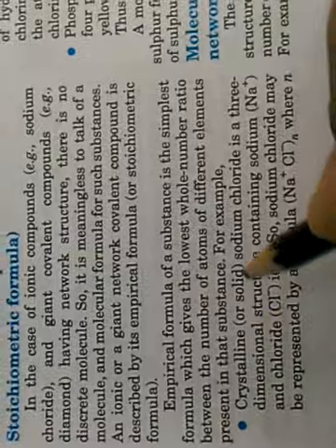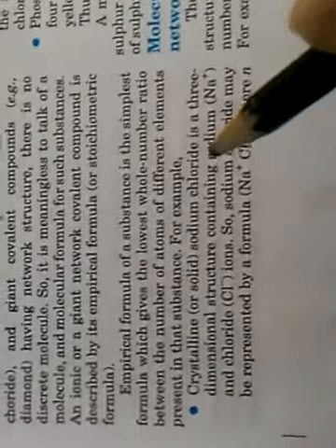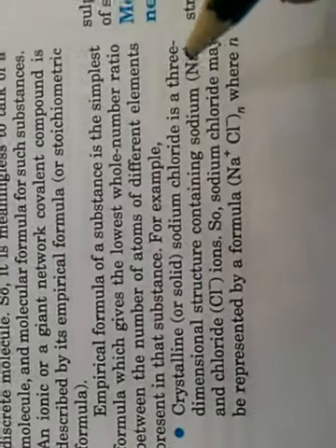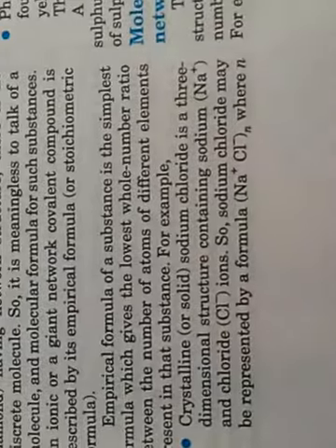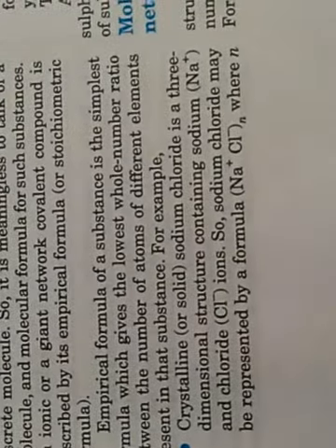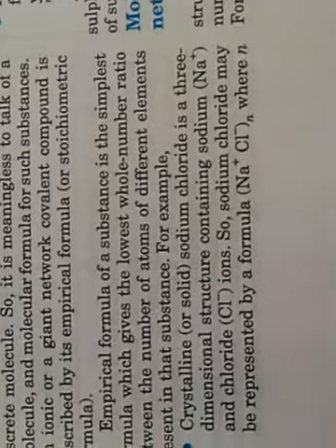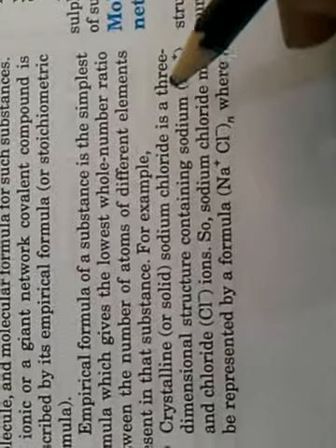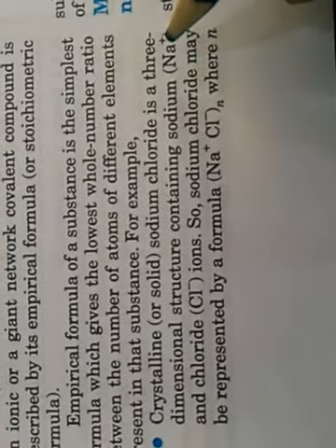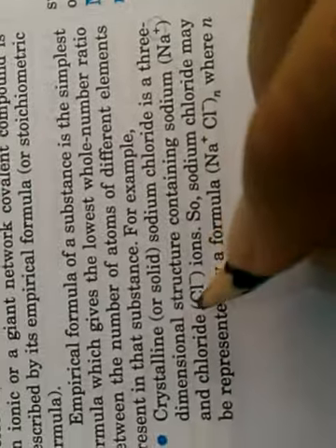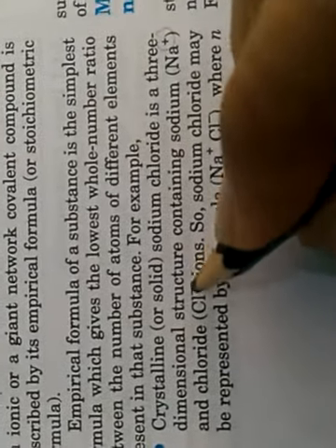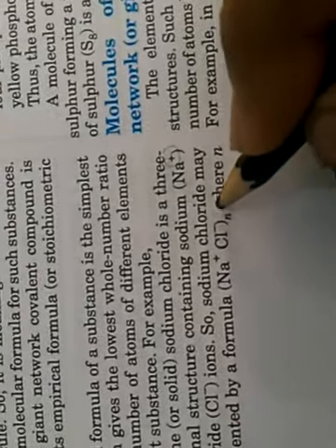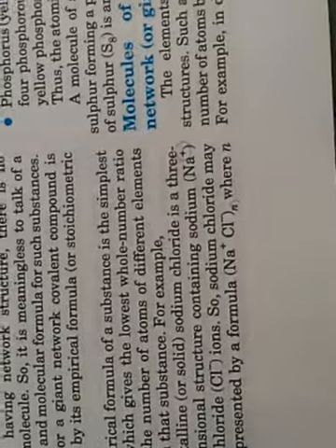For example, crystalline or solid sodium chloride, because in solid form it forms crystals, it is also called crystalline sodium chloride, is a three-dimensional structure. Three dimensions, we have studied about three dimensions in class 7: length, breadth and height. So these have a three-dimensional structure containing sodium, which is a positive ion, and chloride, which is a negative ion. So sodium chloride may be represented by formula (Na+Cl-)n,